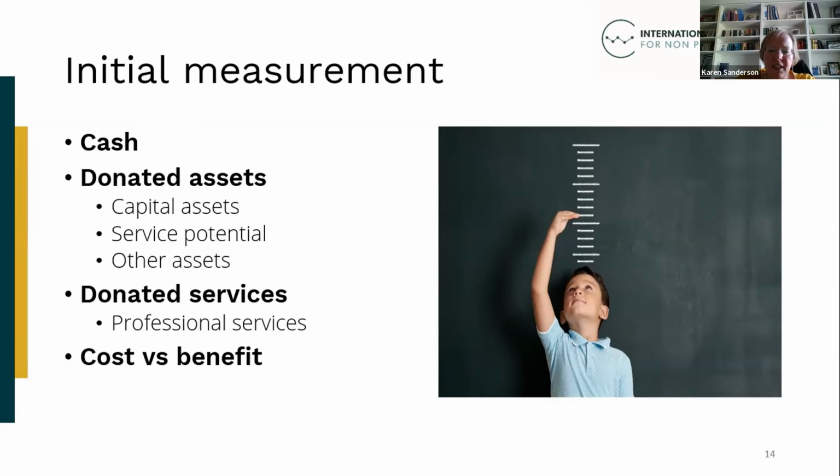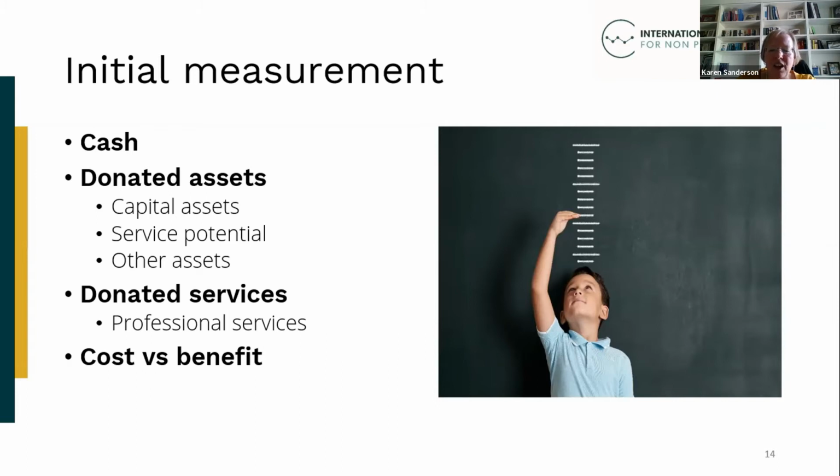So measuring services or assets that are gifted, for the reasons we've said, can be problematic. Assigning a value is generally less of an issue for cash transfers, but can be challenging, as we've said, where donations take the form of gifts or services in kind. There are more significant challenges in measuring the cost of donated items, as there is no purchase cost. Instead, the fair value of the items is used as their deemed cost when they're being recognised.